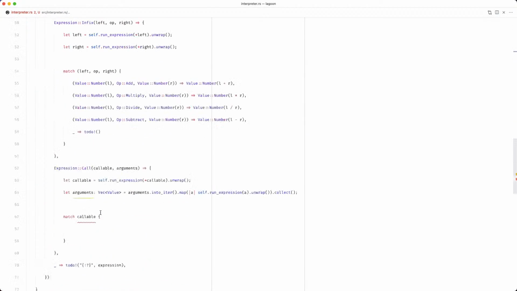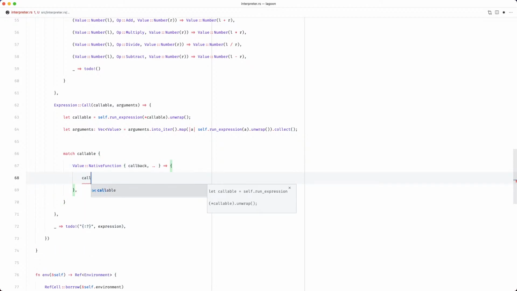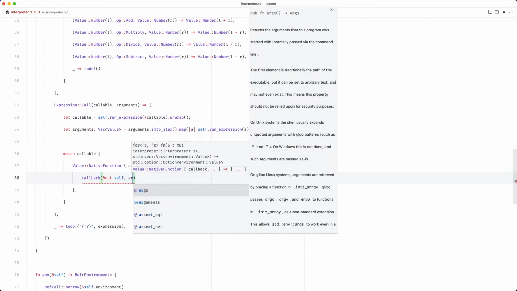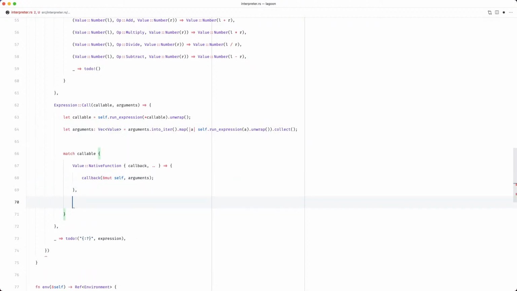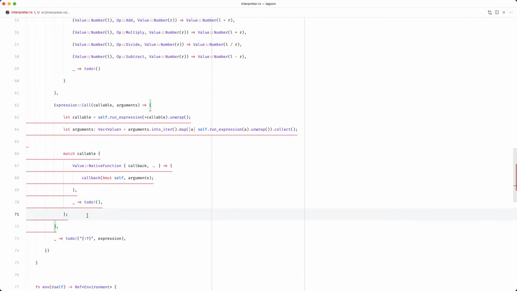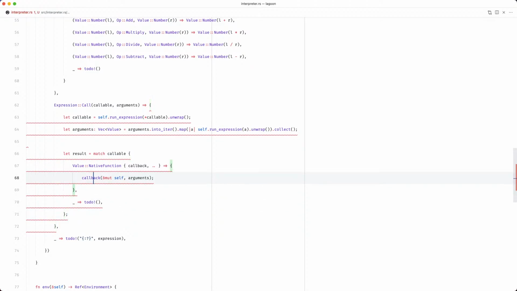So back in our interpreter, we need to say if this value is a native function, then we're just going to run the callback and pass a mutable reference to self as well as the arguments. Otherwise, we can say to do. Let result equal that, or just return this directly. That should be good enough.